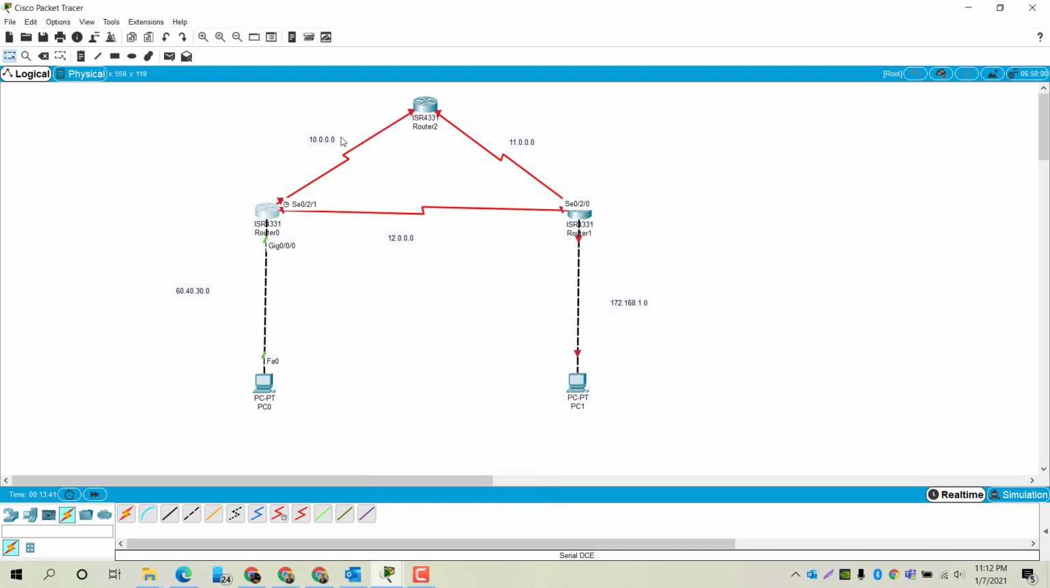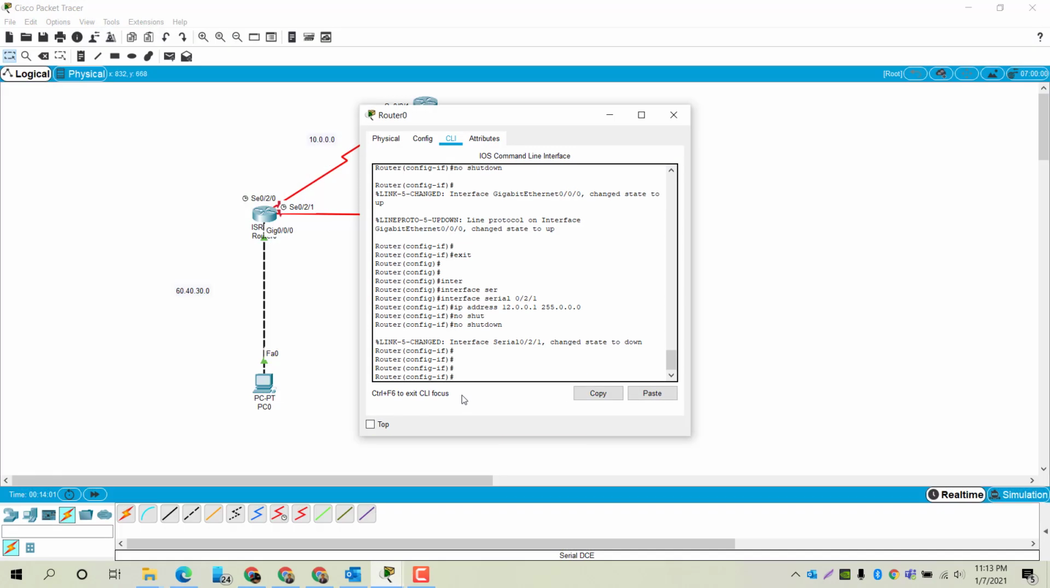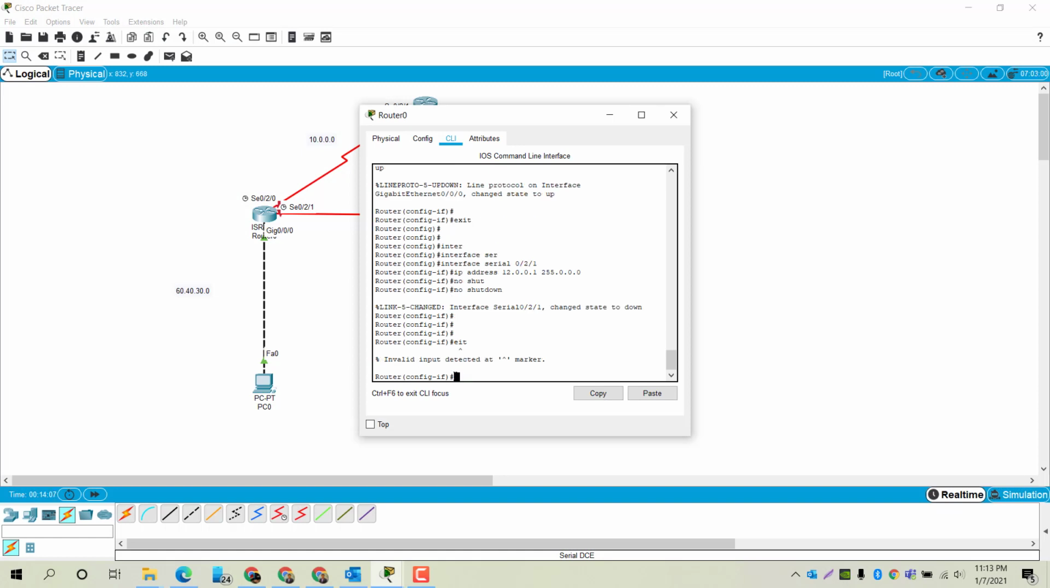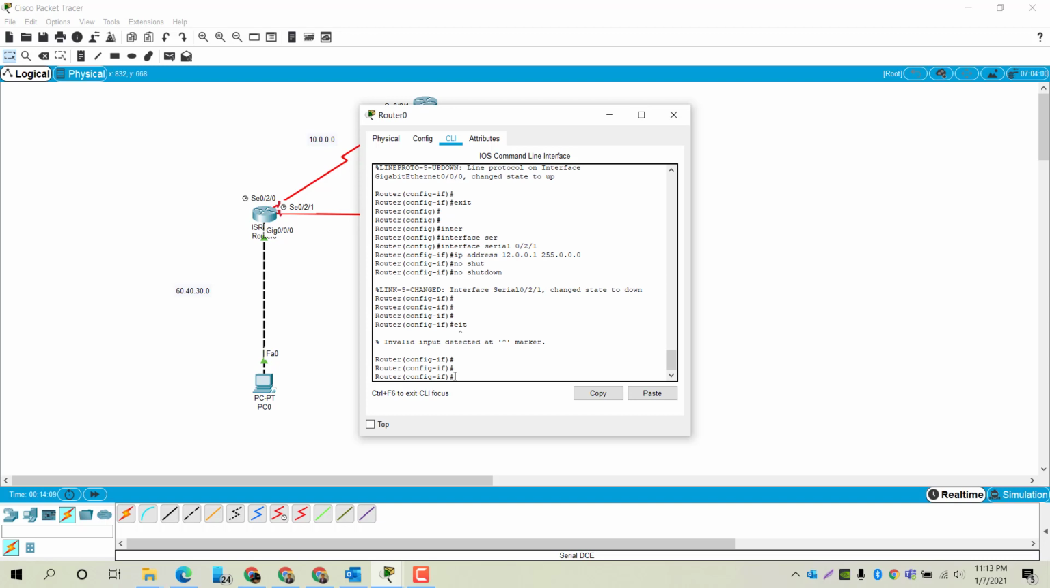Now we need to configure this third link from router 0, which is going from router 0 to router 2, and its network link is 10.0.0.0. So we need to check the port number, which is serial 0/2/0. So go to command line again, exit from the previous port